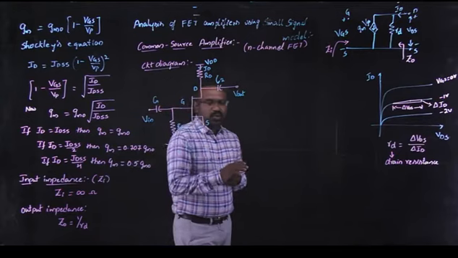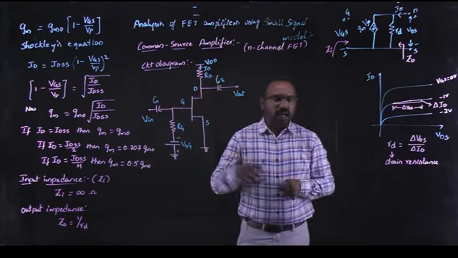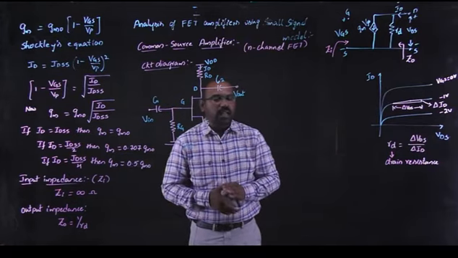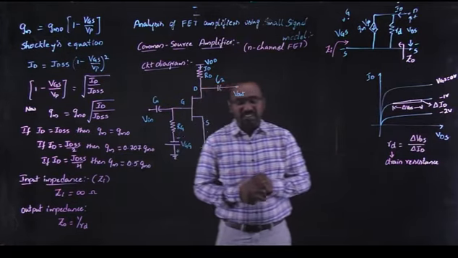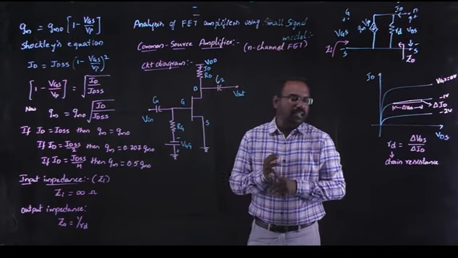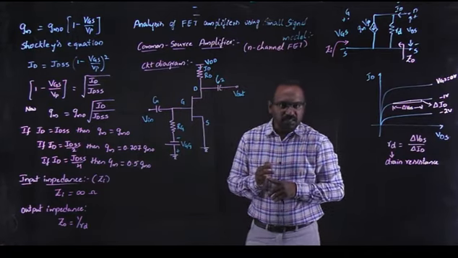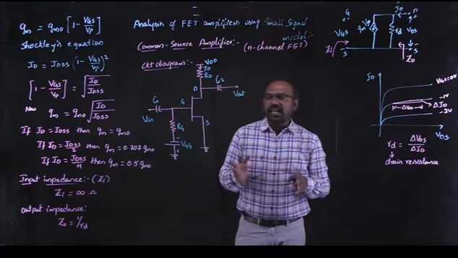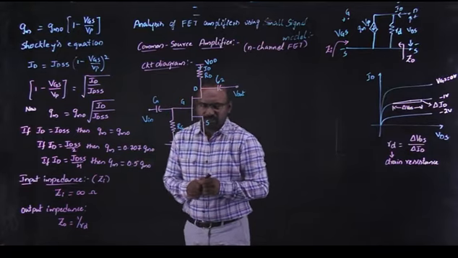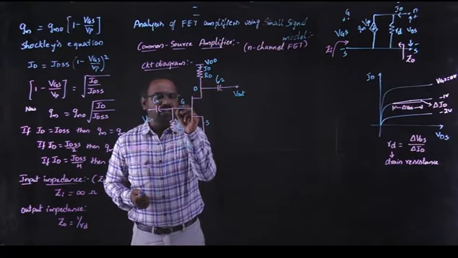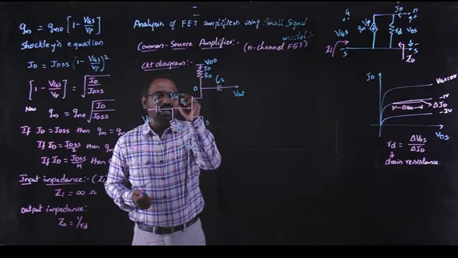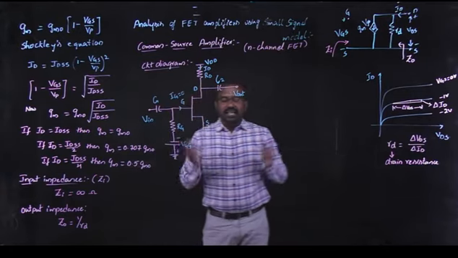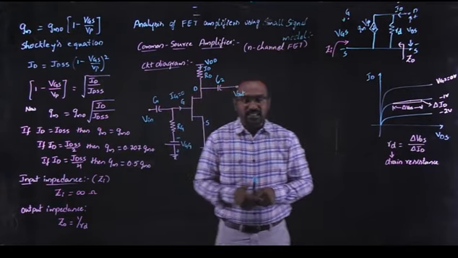So now what I am doing is, I am going to find out the basic 4 parameters of the amplifier. What are the basic 4 parameters of the amplifier? We have to find out the input impedance, the output impedance, the current gain and the voltage gain. Here I am not defining the current gain. Why? Because for my field effect transistor, the input current IG is equal to 0. Means the current gain, output current by input current, ID by IG, is infinite.